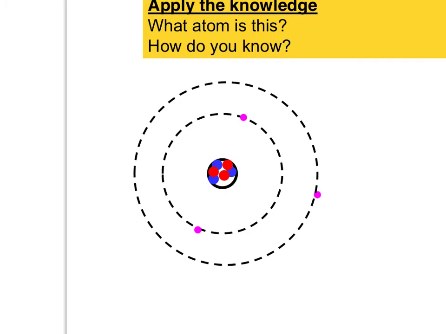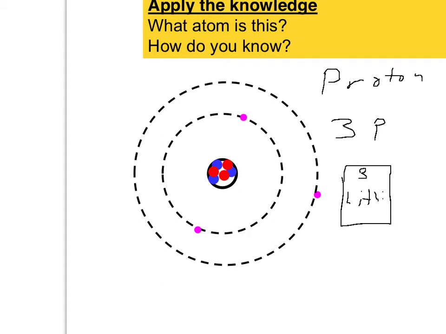So if you go back to the previous drawing that we did just a minute ago, you should now be able to identify this atom, because you're just going to look basically at the number of protons. None of this other stuff really matters. So we look at the number of protons here. I think we said red was going to be protons. So I have 3 protons. So if you go to a periodic table and look at the boxes, find which one has 3 at the top of it. And you'll find that it is lithium. Lithium always has 3 protons, so